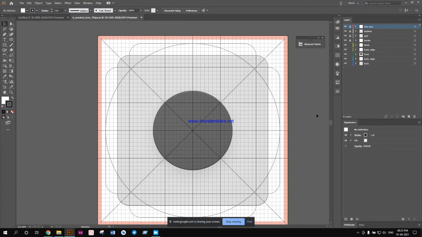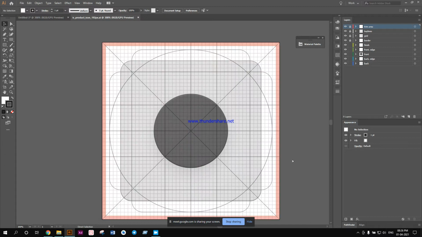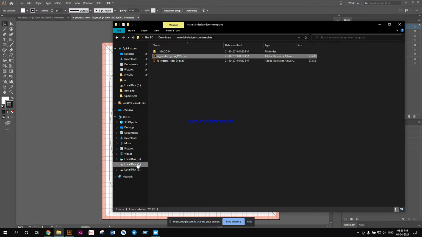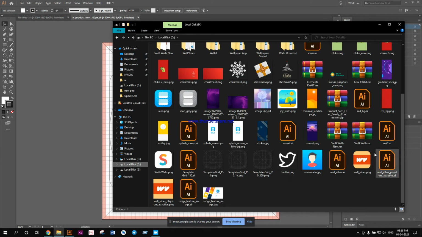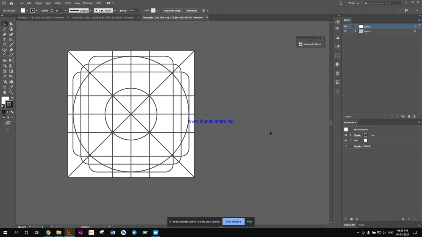So this is something it will look like actually, okay. But in my use case, I don't actually like this kind of design because it's way too messy and complicated. This is actually nice, but I do not want this kind of clutter. So that's why I created my own layout. So I'm just going straight into that layout. Okay, where is the template grid? This one. Now this is my simple template grid.